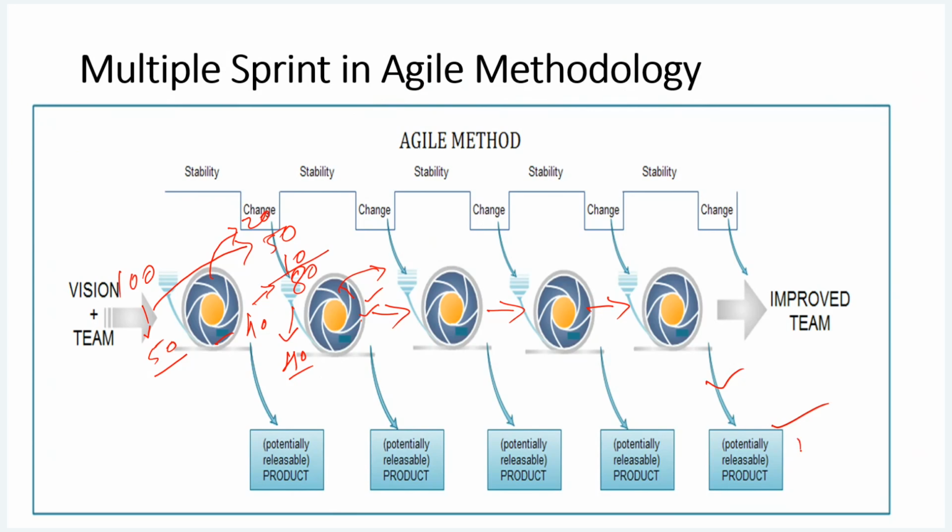That product you can use. Even in a previous sprint, you can also use the product, though this is not the final product. This is the in-between product actually. So in pure agile, you can use the product in every sprint. But in our pharmaceutical industry, we release only the final product. That product will be usable ultimately. Okay. So this is the method of agile methodologies.